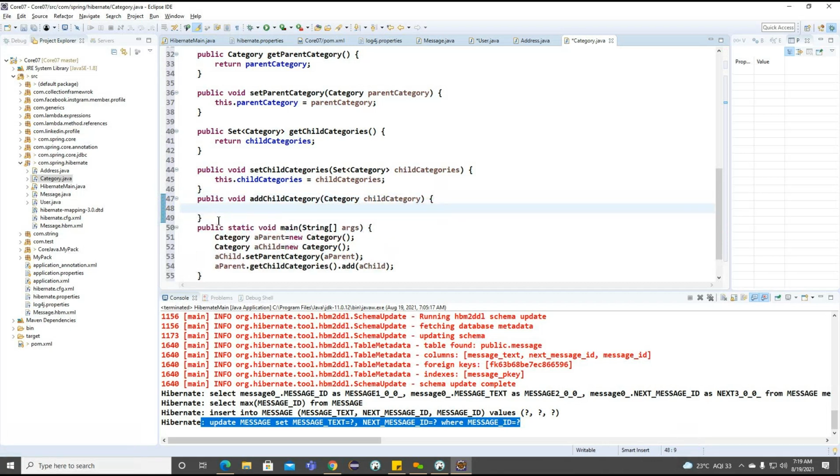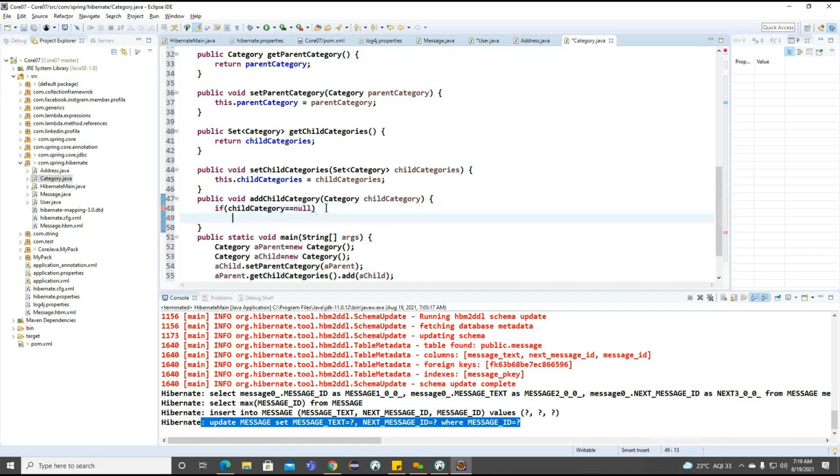Once it is expecting the child category, now observe how we can write it. I'm making one condition: if this child category is null, then internally we need to throw an exception called illegal argument.